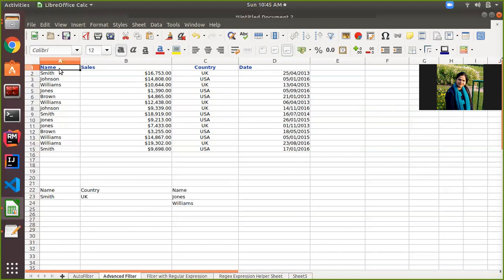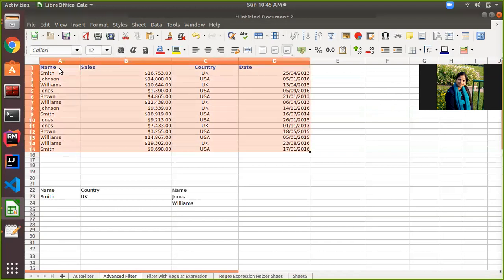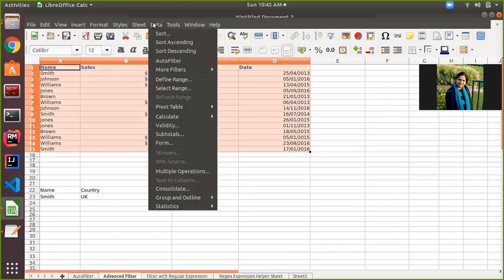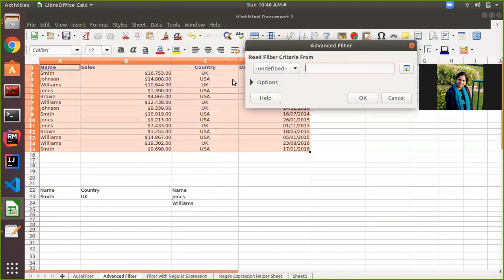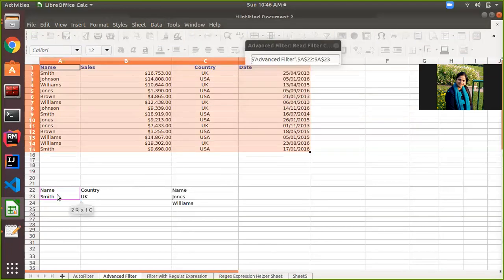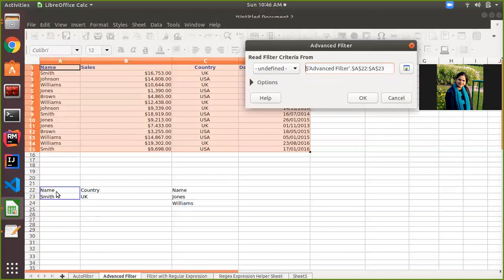I am selecting the data. After that, I go to the Data menu. Then I select More Filter, then Advanced Filter. Here I will specify the criteria. My criteria is in A22, A23, so I selected the range A22 to A23.